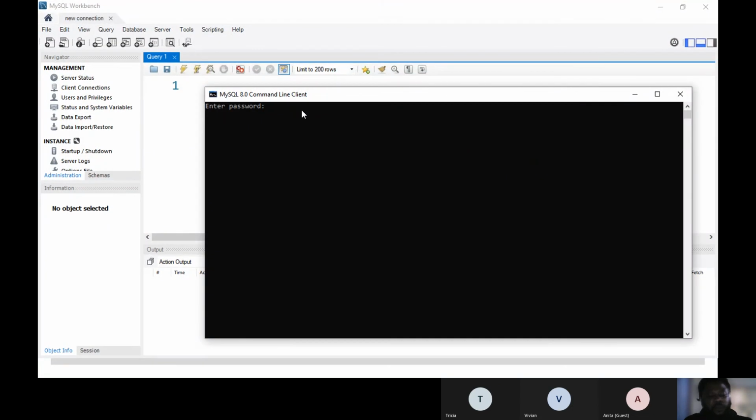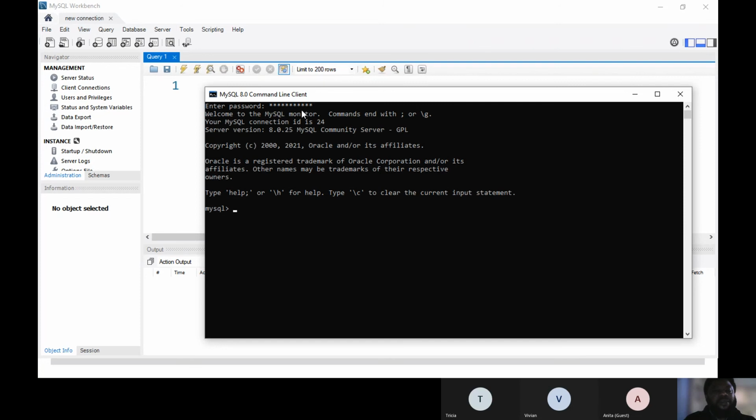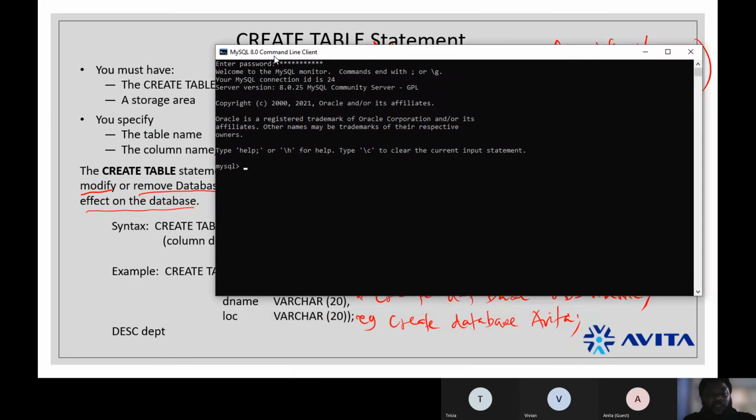I'm just going to type in my password. Can you see? So I'm inside MySQL now. The same way I'm inside MySQL in this workbench is the same way I'm inside MySQL in this command line.